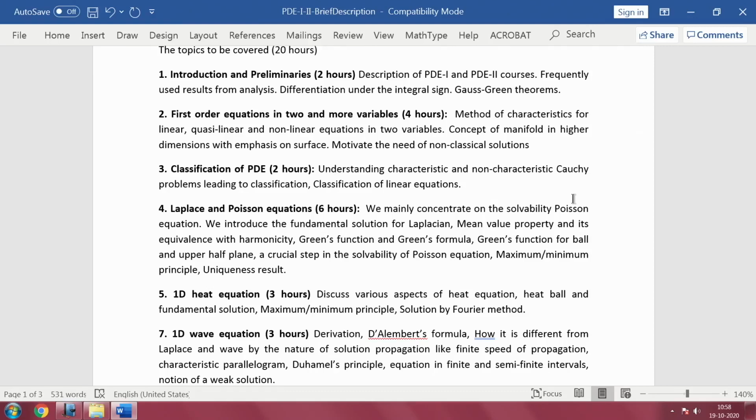Based on the classification, we will have 3 equations basically, namely Laplace and Poisson equations, which are representative of the class of elliptic equations. In that we will mainly concentrate on the solvability of the Poisson equation. In the process we will introduce what is called the fundamental solution for the Laplacian, the importance of the mean value property